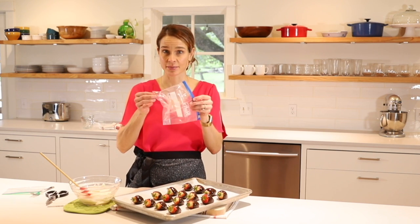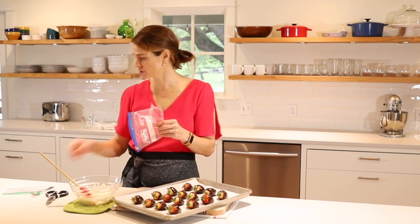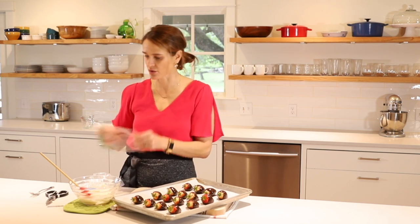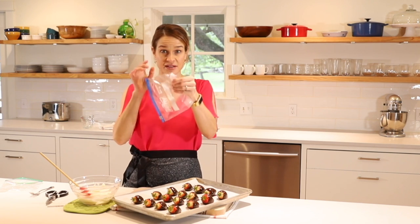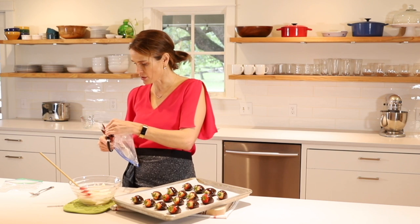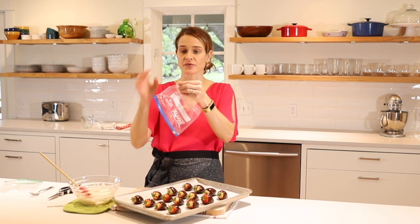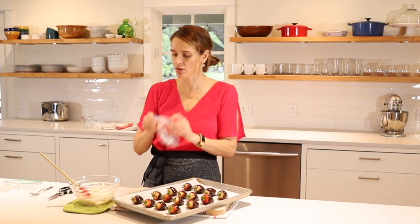You'll need a Ziploc bag. I like the thicker ones, kind of the heavier duty ones. This is a thinner one. It will work, it just doesn't hold up as well, especially with the hot chocolate. So if you have a thicker, hefty Ziploc bag, these work best. And then you're just gonna use scissors to cut a small hole, cut off one of the corners, and that makes a small hole at this end. So we just snipped off one of the corners, tiny little amount, so you have a small hole,